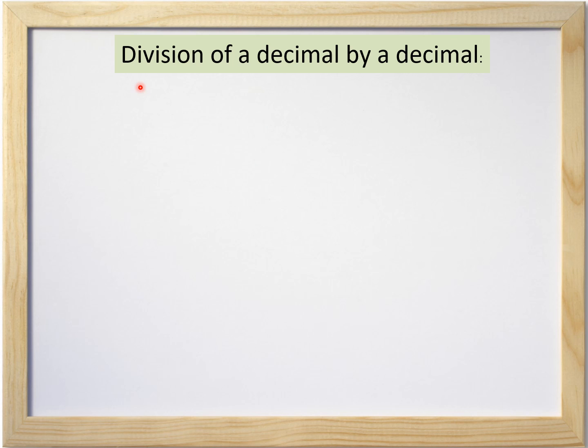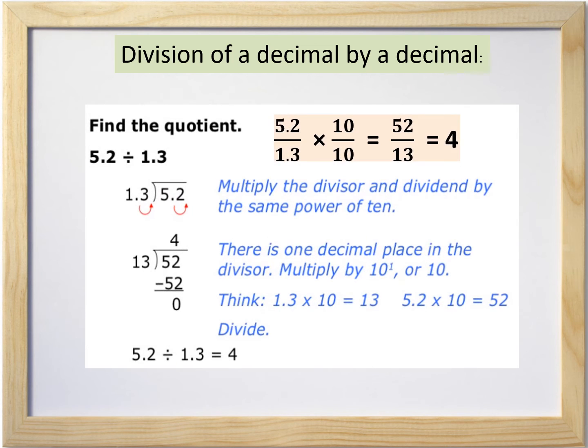Children, now we will learn how to divide a decimal by a decimal. For example, let us divide 5.2 by 1.3. Here both the numbers are decimal numbers and both are like decimals and each has only one decimal place. Now let us see how to divide. So I can write this 5.2 divided by 1.3 in a fraction like 5.2 by 1.3, and since it